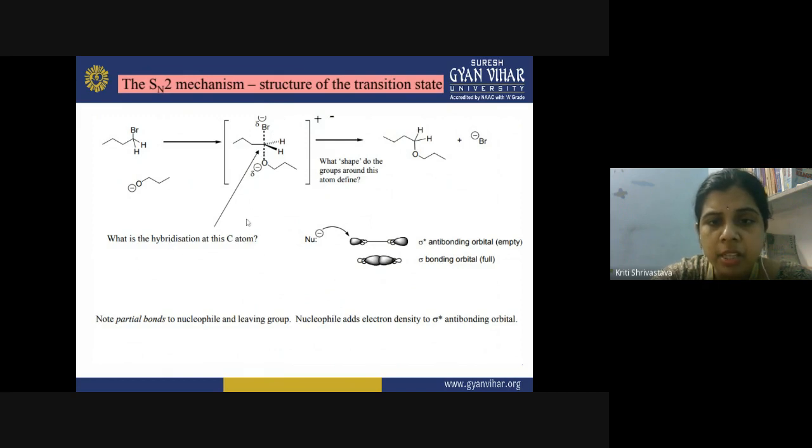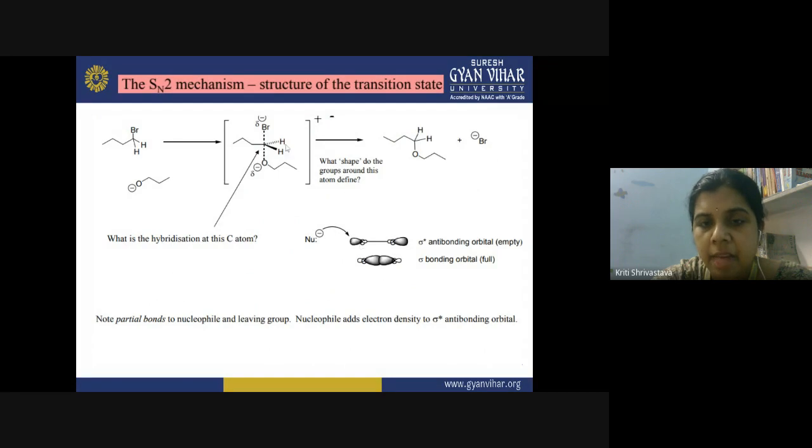So can you tell what the hybridization of the carbon in the transition state is? How is this transition state formed? This transition state is formed because carbon cannot exceed its electronic shell. It has only s and p orbitals, right? In the second shell it has one s and three p orbitals, so it cannot have a d orbital. So how is this pentavalent state formed? Basically, the nucleophile is attacking the anti-bonding orbitals, which are empty on the carbon atom, and these orbitals are involved in this type of temporary bonding.